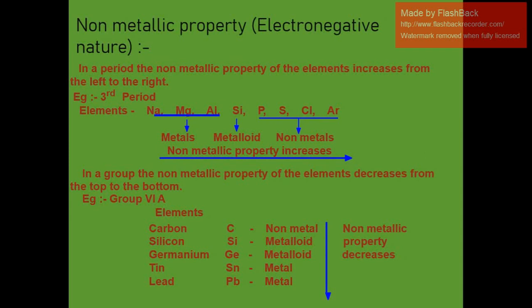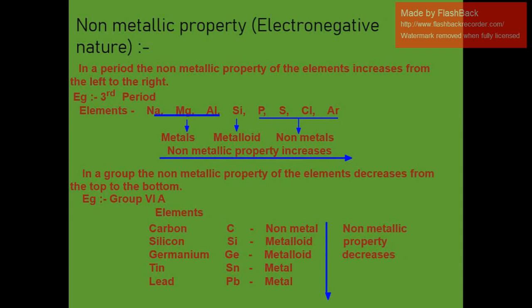Let us discuss the acid base or amphoteric character of oxides and hydroxides of element across a period and down the group. First we will discuss across the period. Now, since we know that the metallic character decreases from left to right across a period, so we can say their oxides turn from basic to acidic. Clear? Now, when we talk about say sodium oxide, sodium is more metallic, so its oxide is strongly basic.